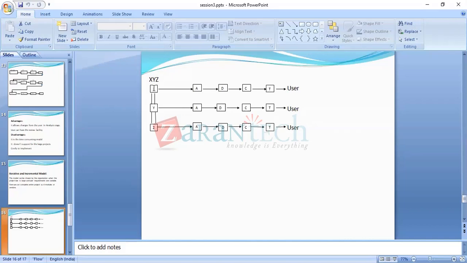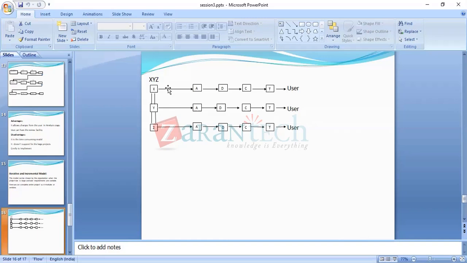Those new features will be added to the Y module. New features found by the customers by using the X module will be added into Y. That is what incremental. So the model name is iterative and incremental.